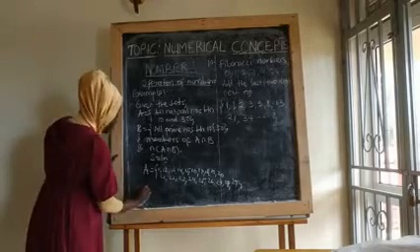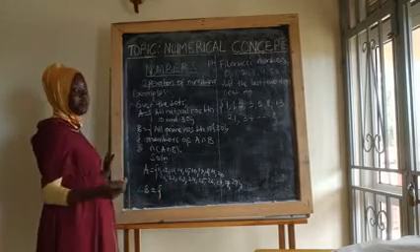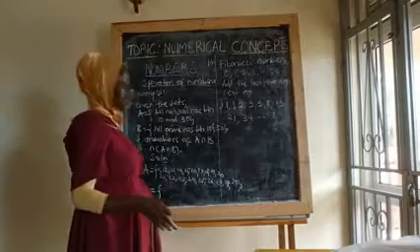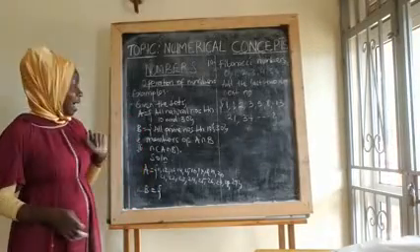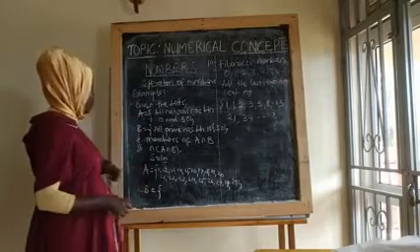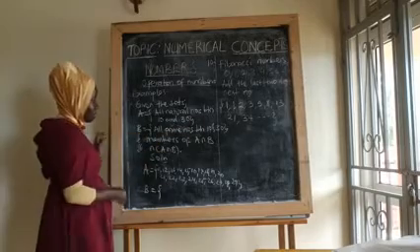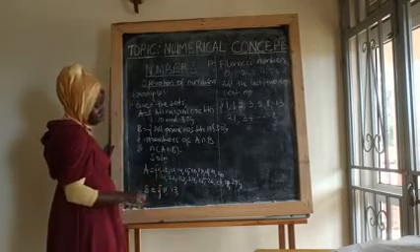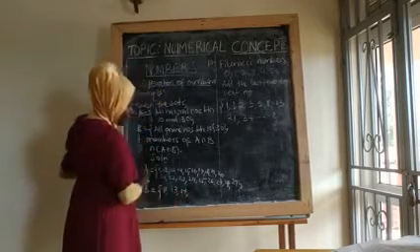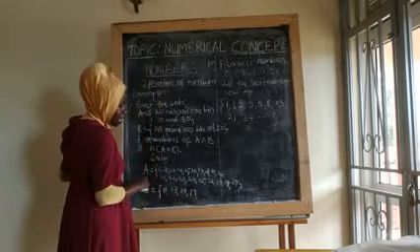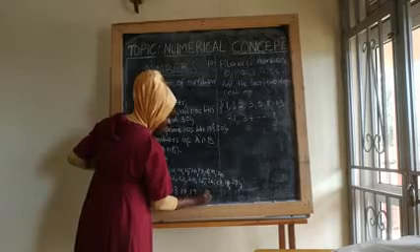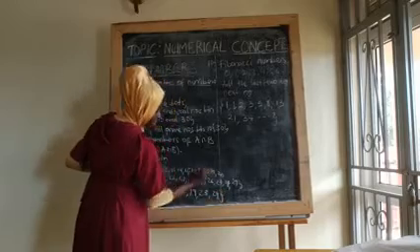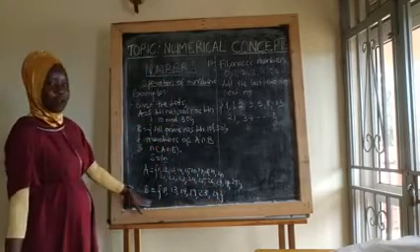Then my set B is simply prime numbers. If you remember very well, we say prime numbers are those numbers that have only 2 factors, 1 and the number itself. So the prime numbers that are between 10 and 30, you can cite 11, 13, 14, 15 is not, 16 is not, we have 17, 18 is not, we have 19, 20, 21, 22 are not, 23, and we have 29. This is my set of prime numbers.